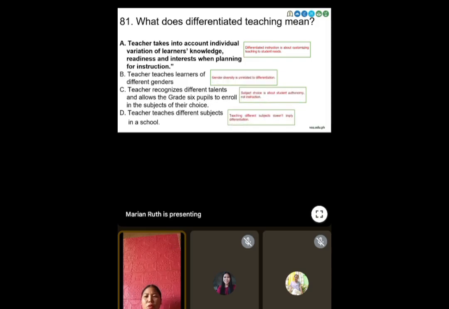So, letter B is not the correct answer. It's because gender diversity is unrelated to differentiation. Why not letter C? It's because subject choice is about students' autonomy, not instruction. Why not letter D? It's because teaching different subjects doesn't imply differentiation. Next item,